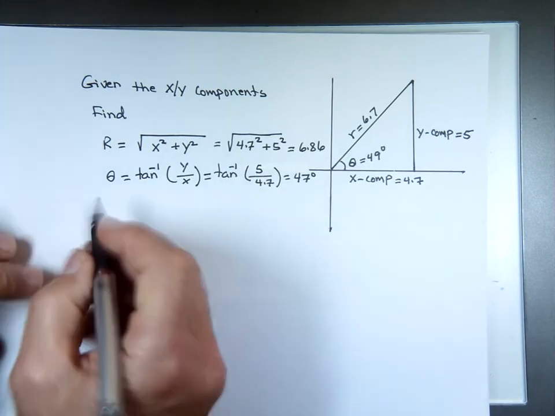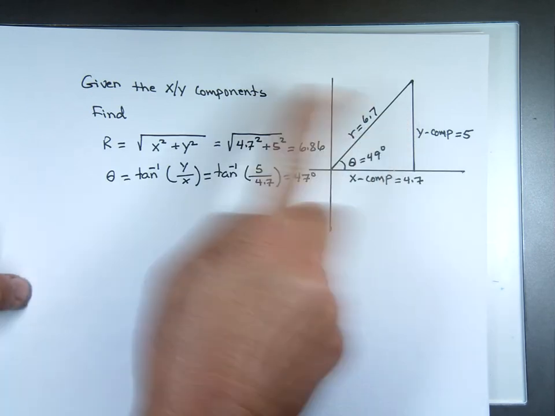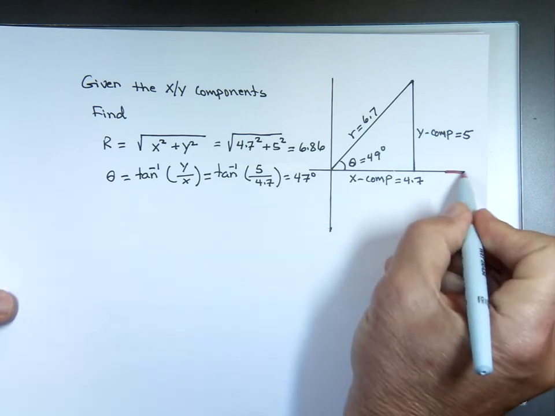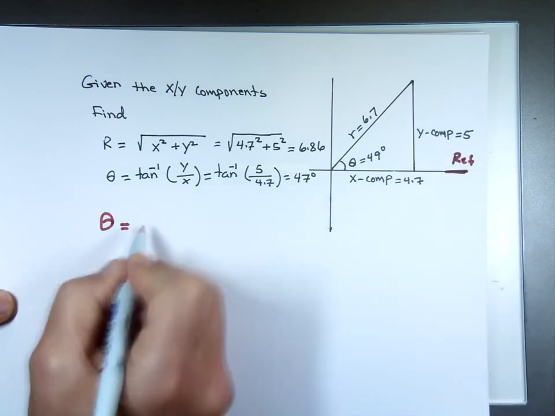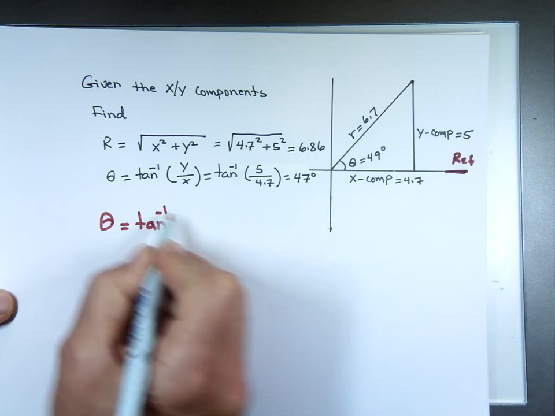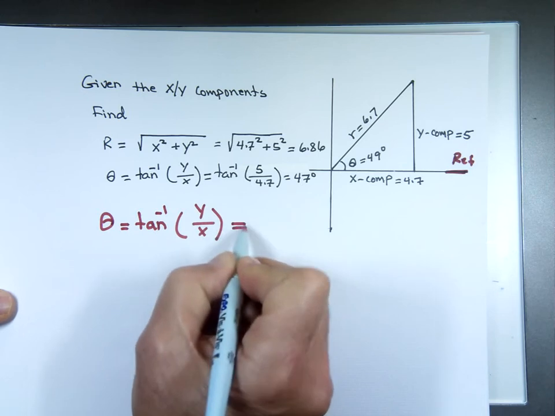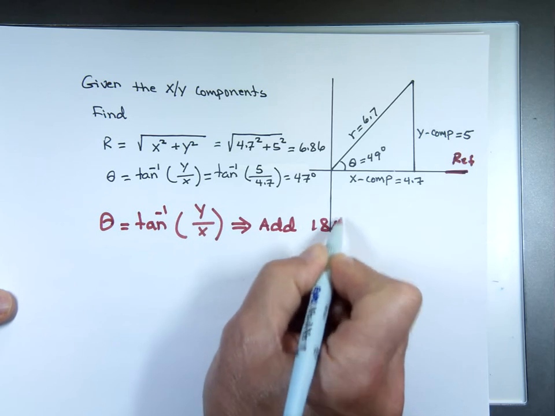I write it down here in actually big marker because I want you to notice it. Different color marker. This is the first quadrant, second quadrant, third quadrant, fourth quadrant. You always want to give the angle in relation to this line. That's your reference. So theta is always the inverse tangent of y over x. Remember here, you need to add 180 degrees to your answer